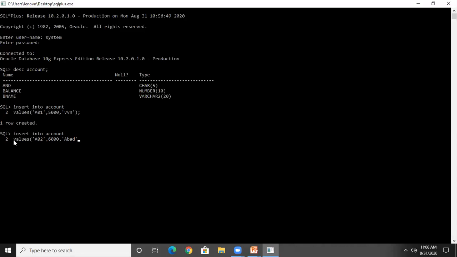String type of value with the quotation. Semicolon, press the enter key. So one row created is our output. So here I have inserted 2 records using the insert command.